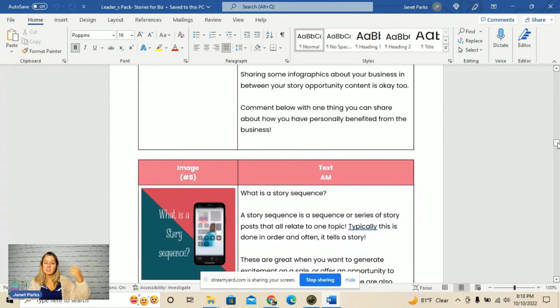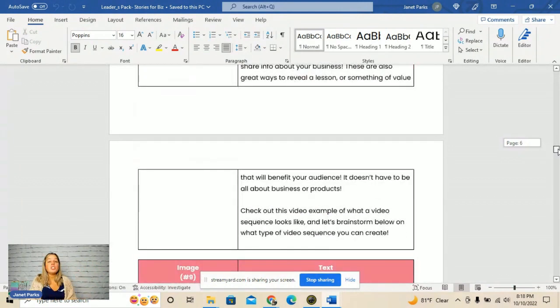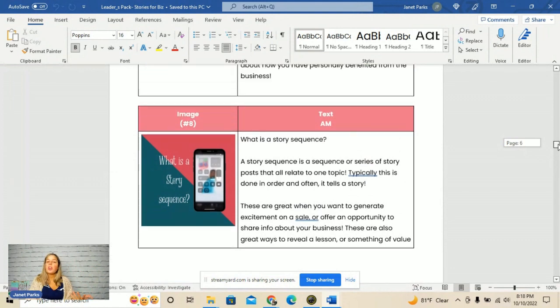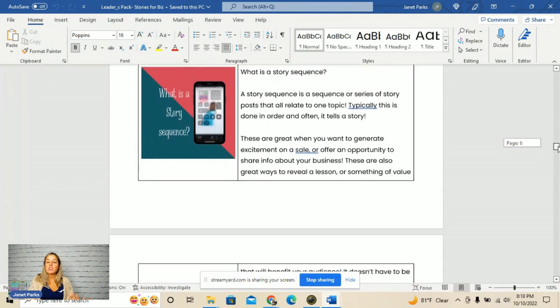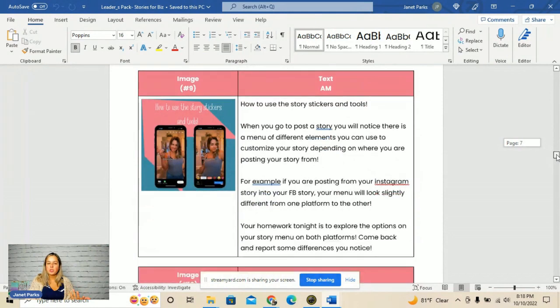When you're constantly talking about your business, when you have nothing else to talk about but those things, right? So there's also some information in here on what to do, how to show up in your stories so that you're not spammy, right? What is a story sequence, right? You've got a ton of awesome things. How to use story stickers and